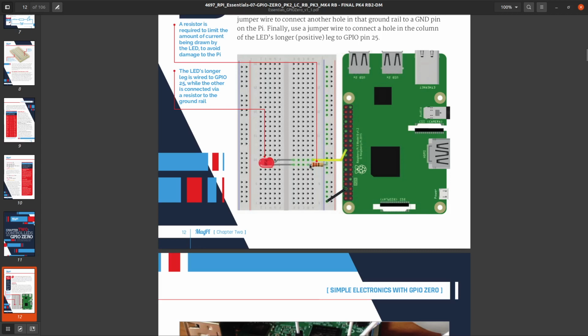You don't have to know what all these do. And then there is a connection to the Raspberry Pi. So these are the 40 pins I was talking about. And then one of them, if you remember your elementary